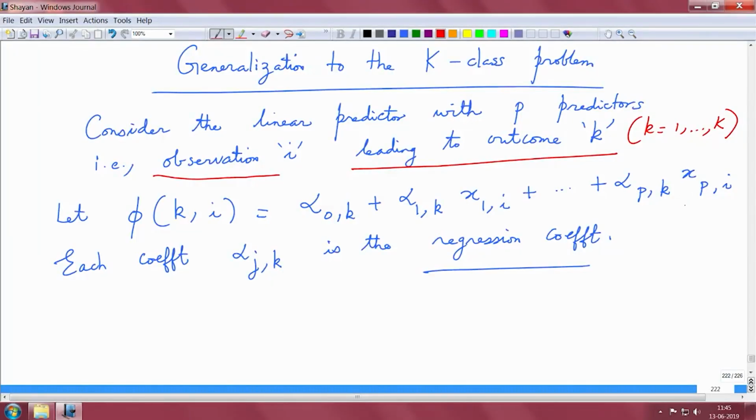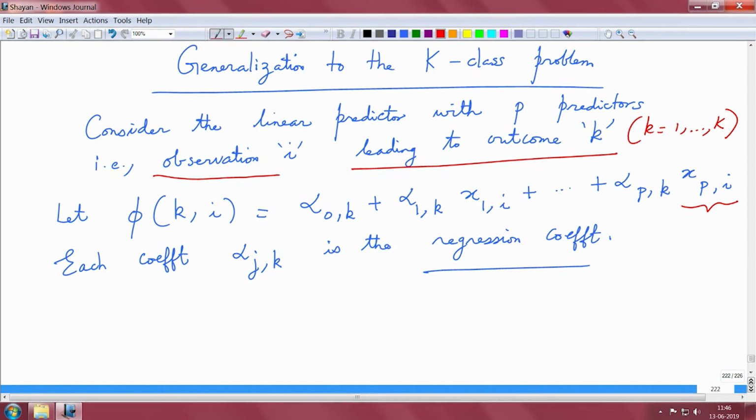These x 1i, x 2i, so on till x pi are prediction variables. The first index stands for the prediction variable. So 1, 2, 3 dot dot dot till p, they indicate the prediction variables for the observation i,